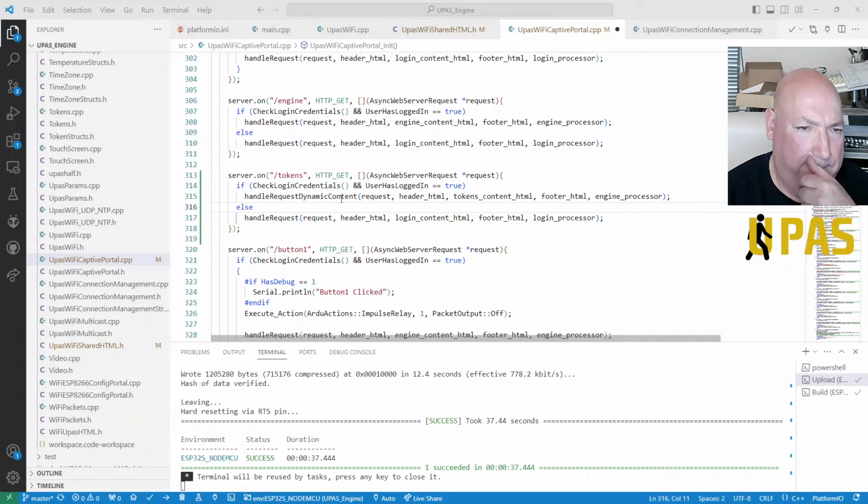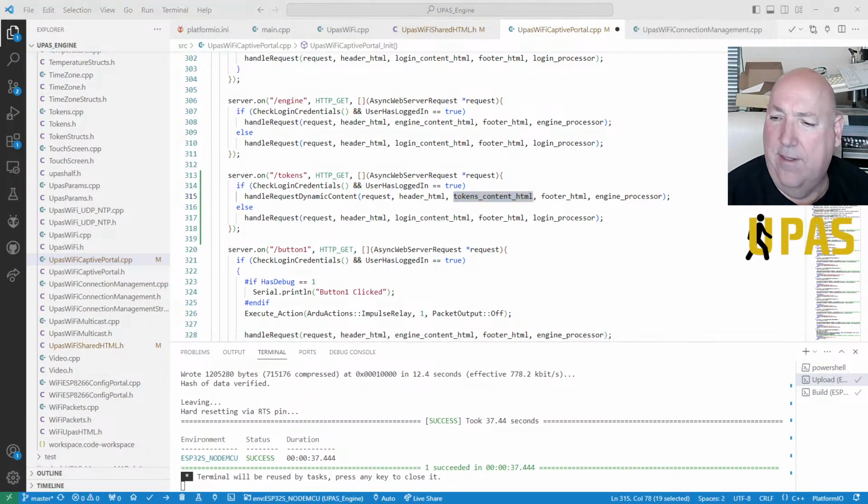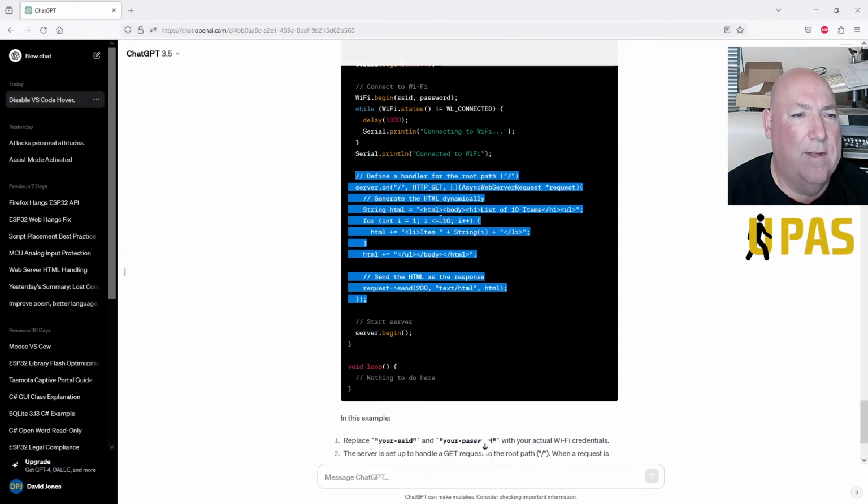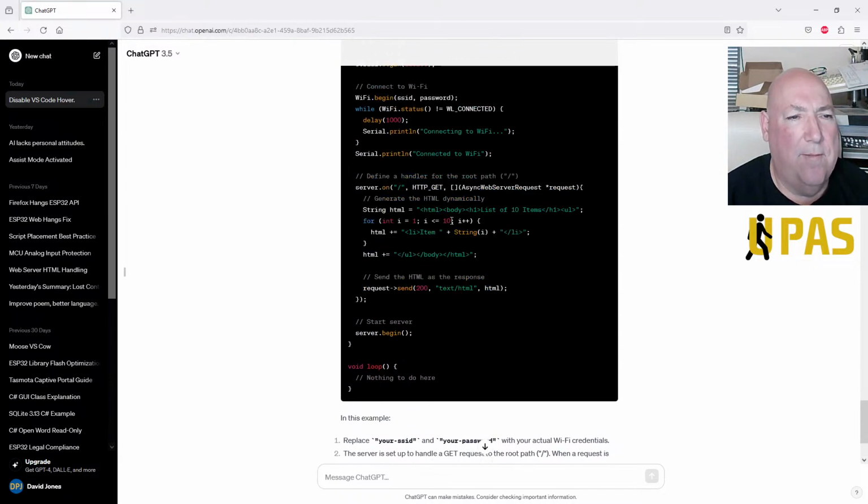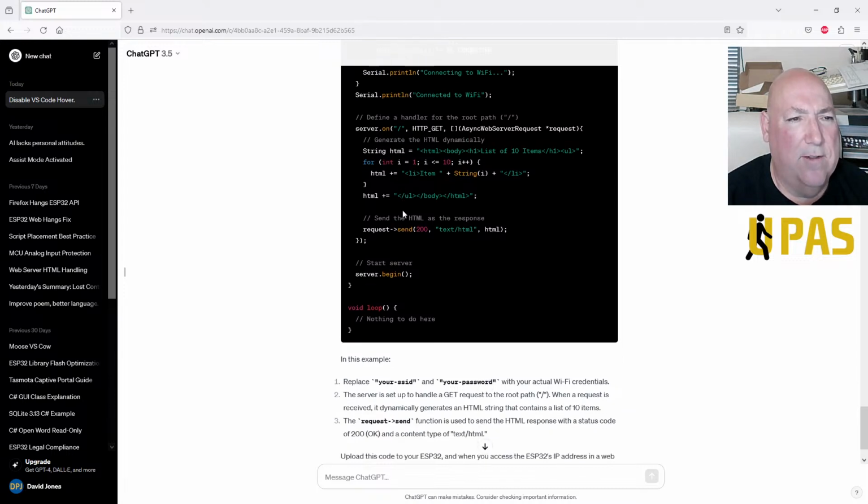So we need to change this content bit here to what ChatGPT told us to do. So we need to create that bit so it's a string. We don't want it as a string. I need it as a constant. Can you do it as a constant?